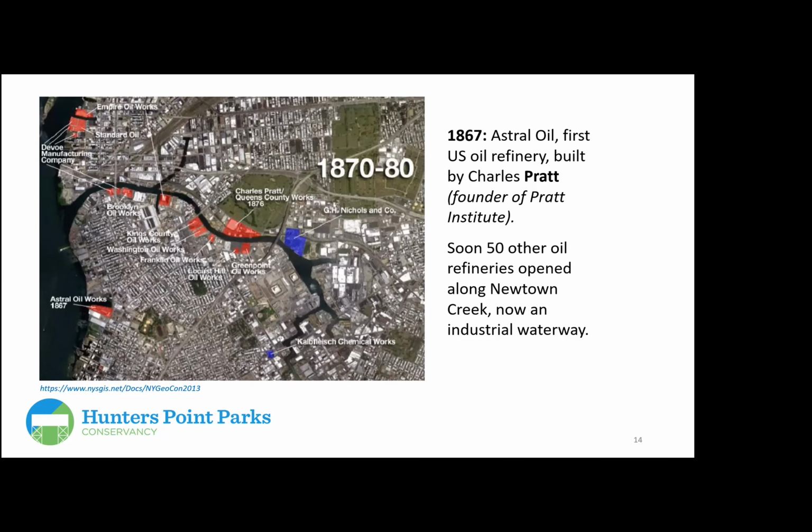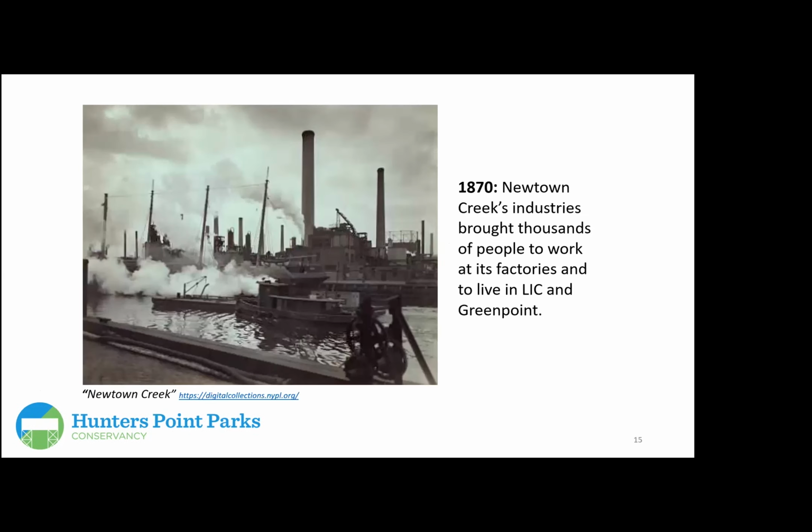But with 50 oil refineries opening along Newtown Creek, it became, for its size, the busiest river in the United States. That's 50 different companies? 50 different oil refineries, some multiple from the same company, but that was the place to be. Remarkable. You can see them pumping out